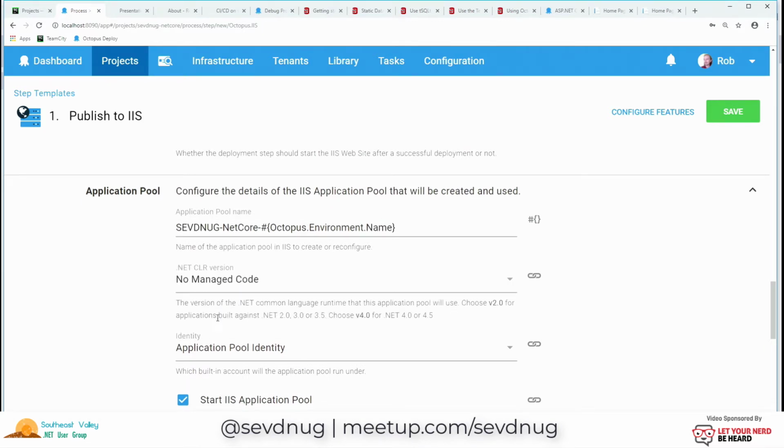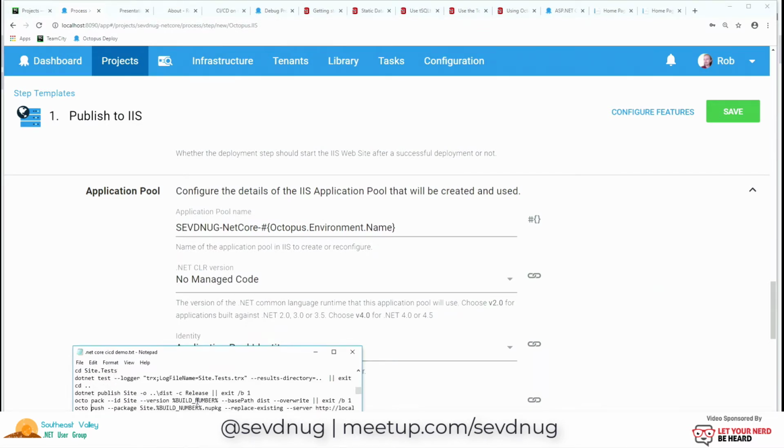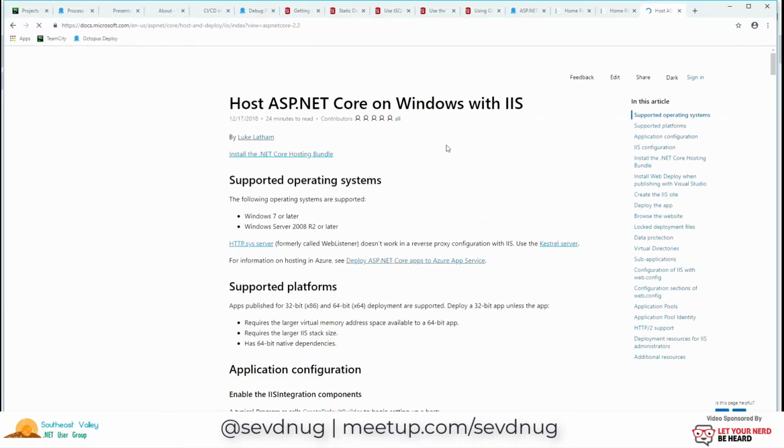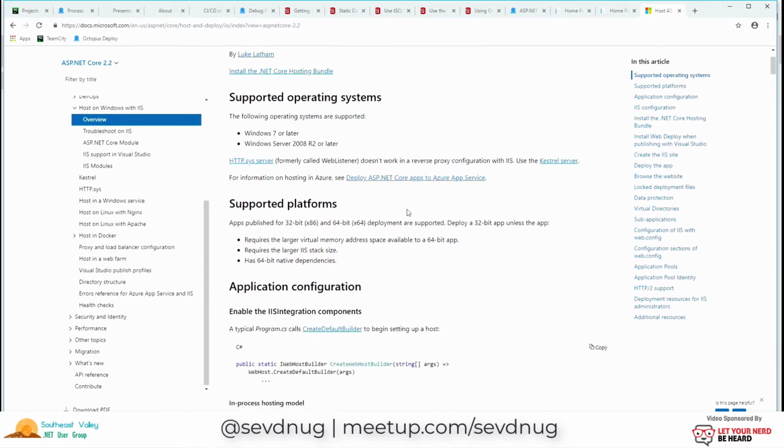Now, hosting .NET Core inside IIS also requires that inside IIS, I turn on the